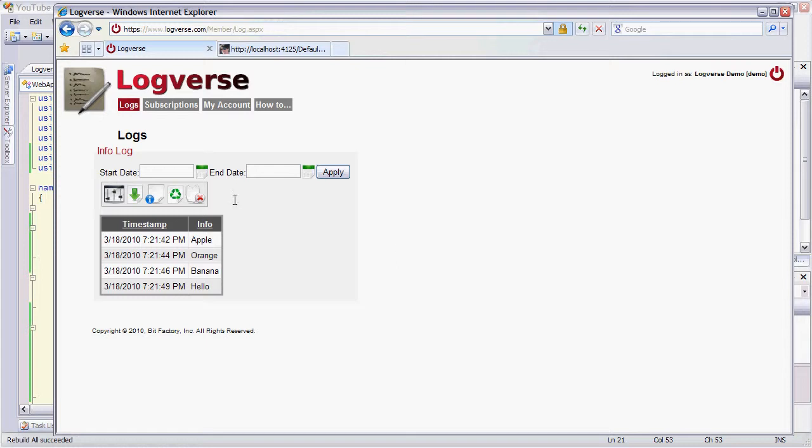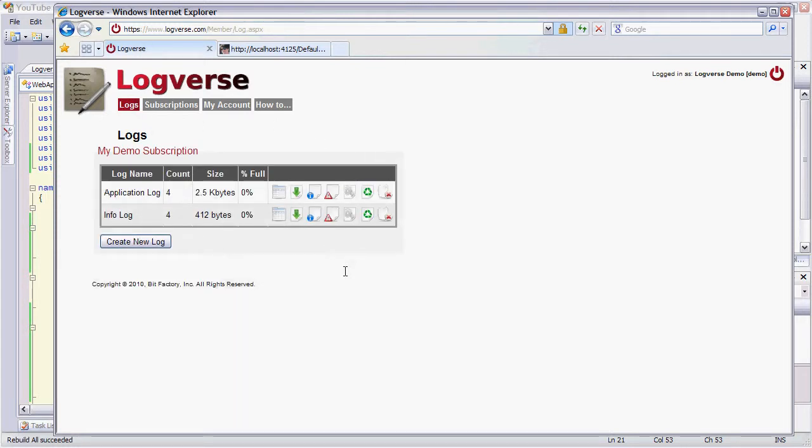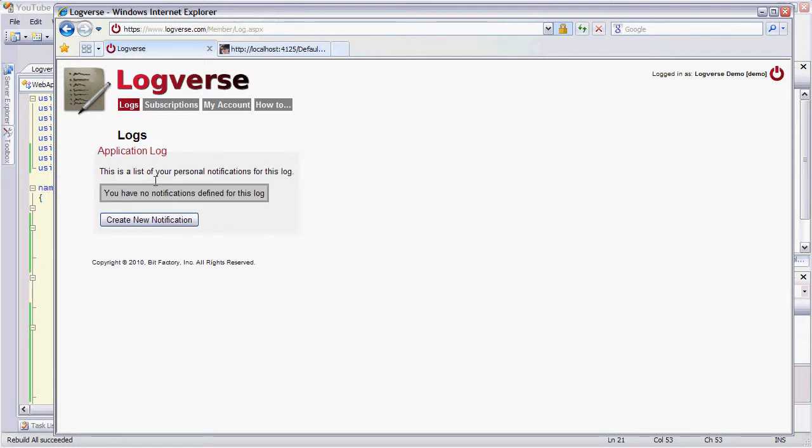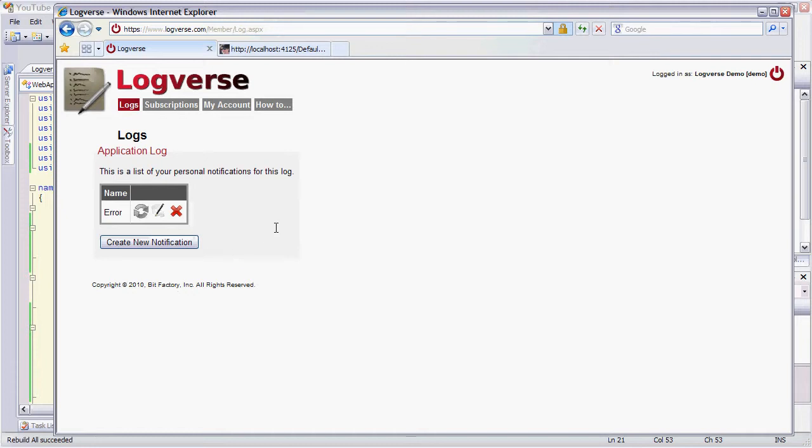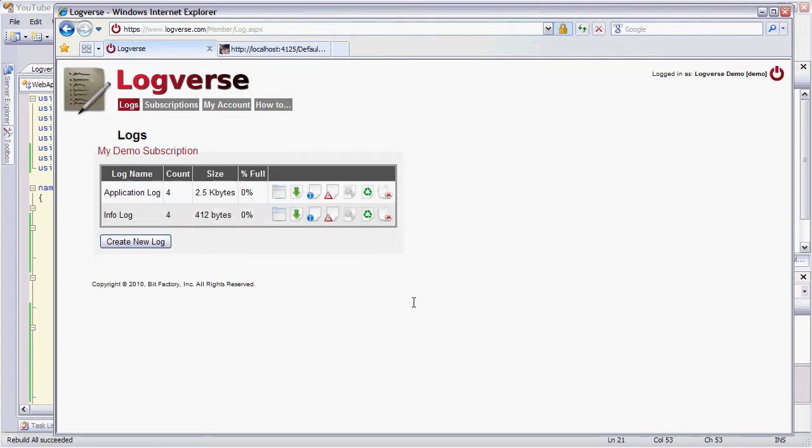Also, I can set up something called alerts or notifications. I'll create a new one here. I'll just call it error, and I specify a column name. I put in a regex basically, and I'll just put something simple in here for now. And this will do something special when certain things get triggered. So if I go back to my application here and I click error,